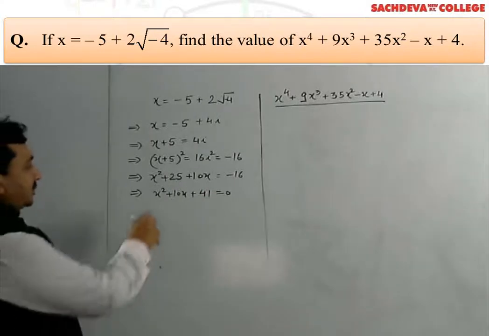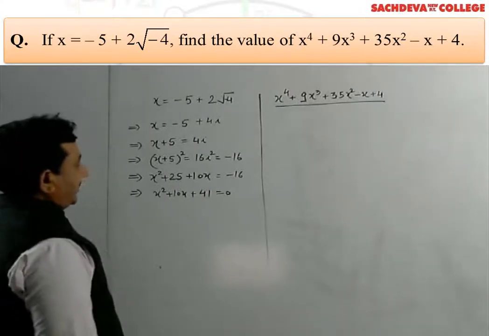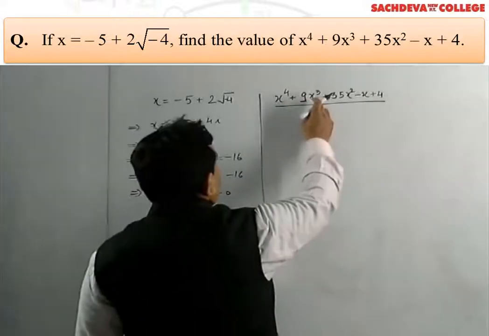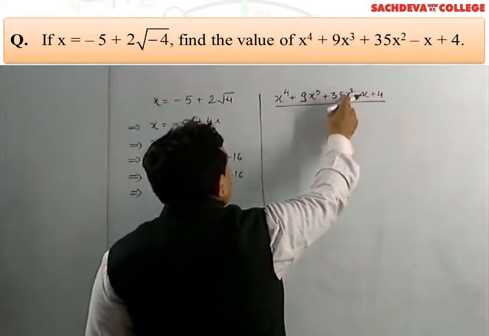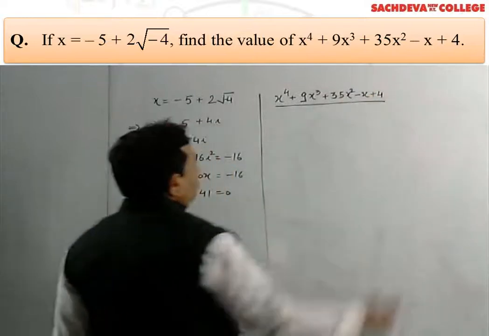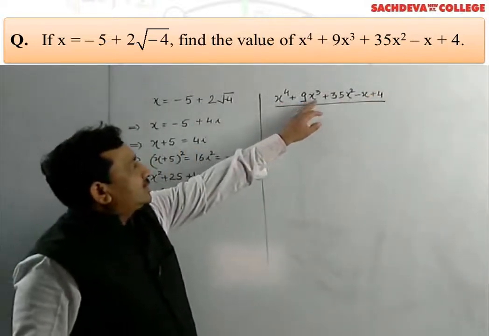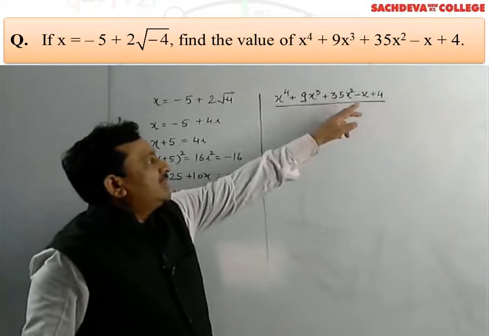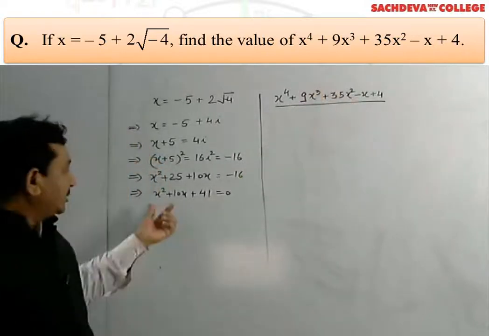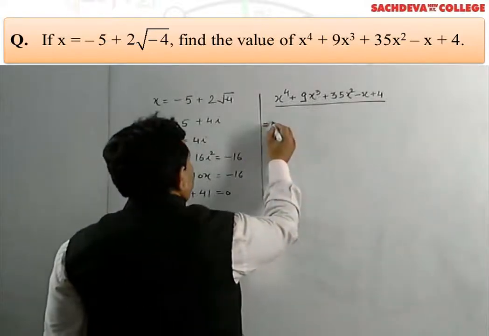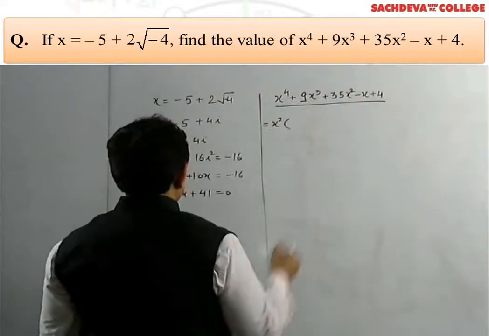Now using this result, x² + 10x + 41, we find the value of x⁴ + 9x³ + 35x² − x + 4. So we change x⁴ + 9x³ + 35x² − x + 4 into this form. So this will be equal to x² into (x² + 10x + 41)